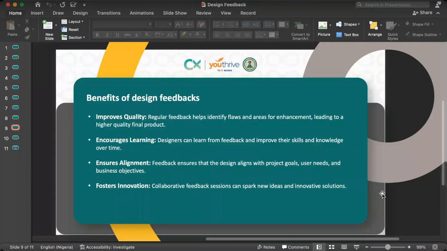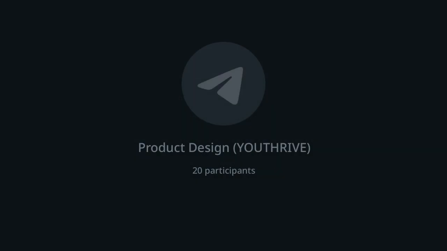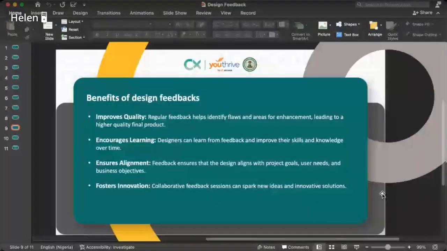Now, it aligns with the project goals, it aligns with the user's needs, and it also aligns with the business objective. This is coming from the client. Client might not tell you how you want the design to be. Their own focus is, does it align with the project goals? Does it align with the user's needs? Does it align with the business objective? Now, the next one